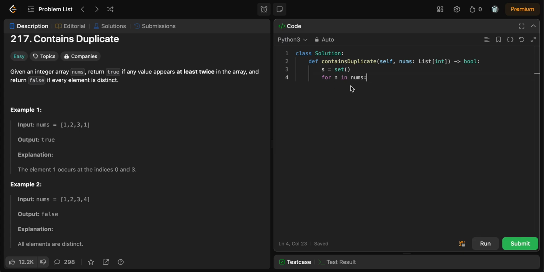For every number in the nums list or array, it will check if n is in the set S. Now, if it is, then we return true. If it's not, so else, we can add it. So we'll s.add, and we'll add the number in, and we will return false if it goes through this entire loop, doesn't find anything, and keeps adding. So that means we have a